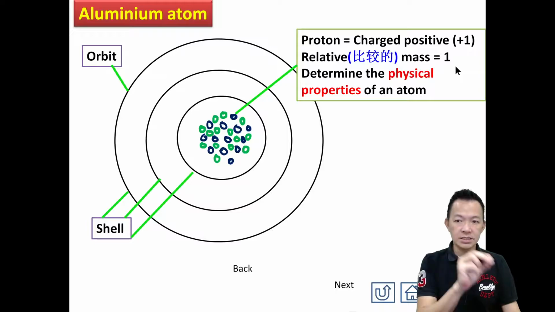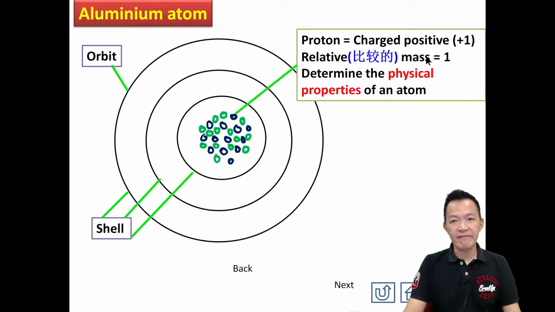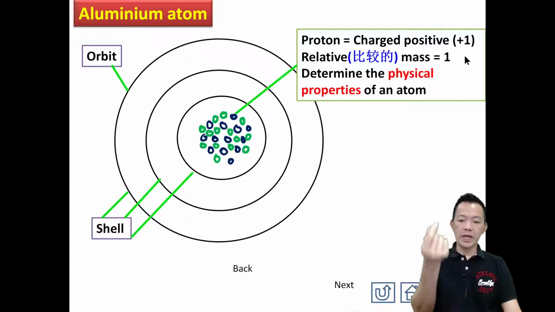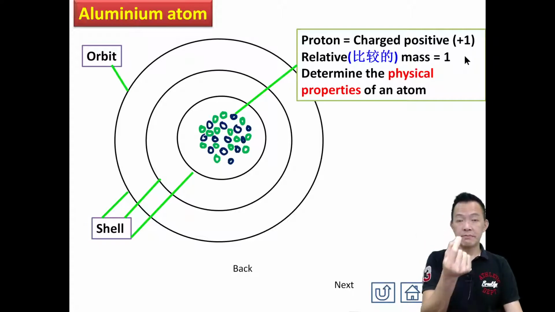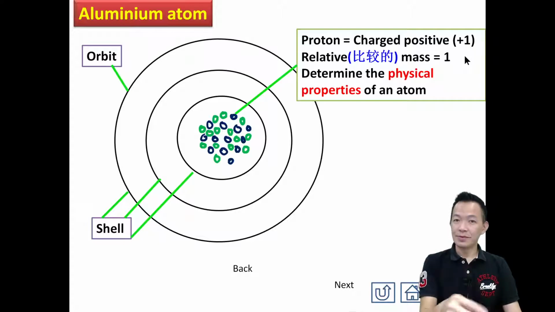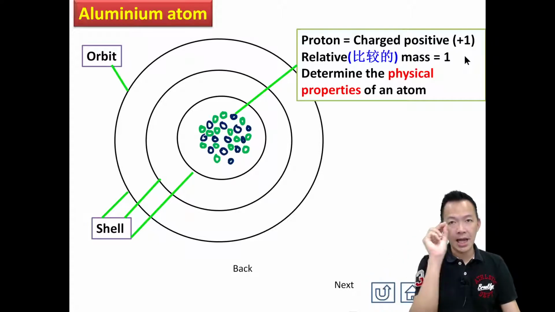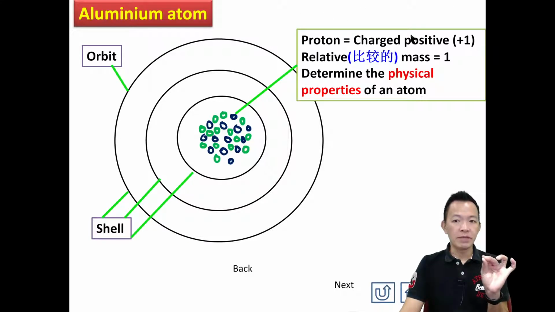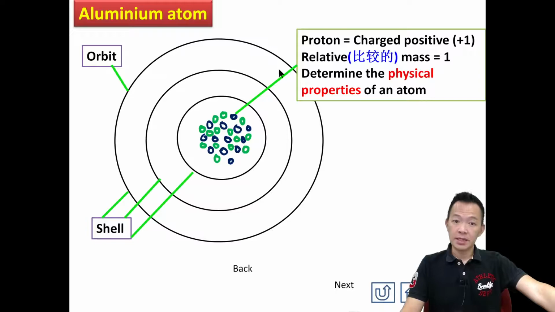Proton 比较出来的质量等于1。什么叫 relative mass？比较出来的质量。proton actually is very small and we cannot weigh it，我们不能拿去称。So the mass just can be compared，它的质量只能用来做比较。But temporarily you don't understand。你暂时不明白什么叫比较出来的质量等于1，对不对？I will make you understand. And proton going to determine the physical properties of the atom。这个 proton 将会决定这个 atom 的 physical properties。